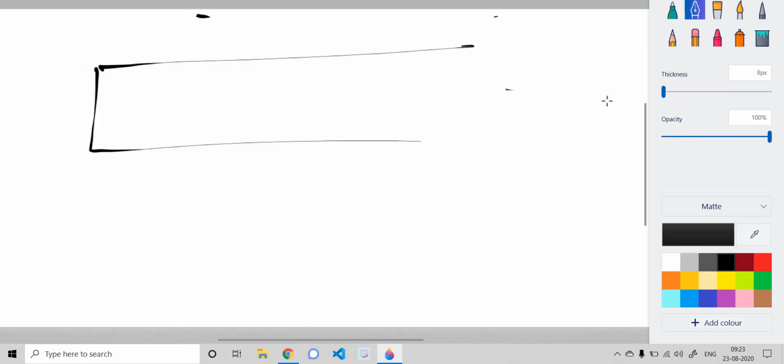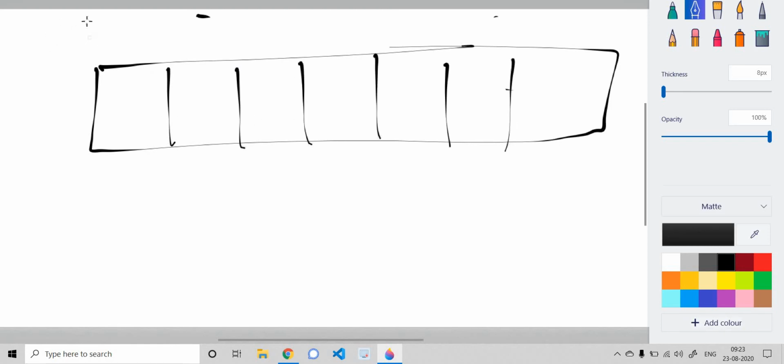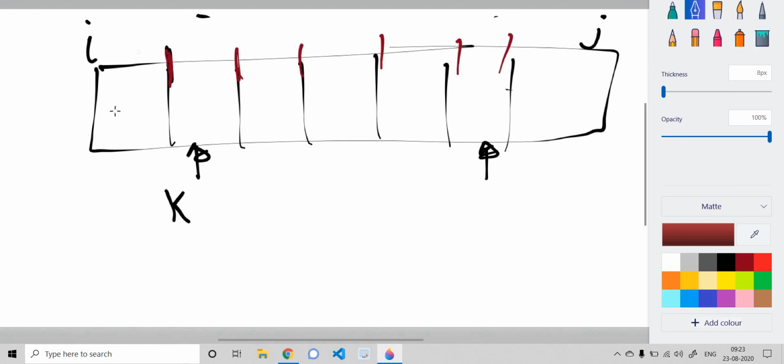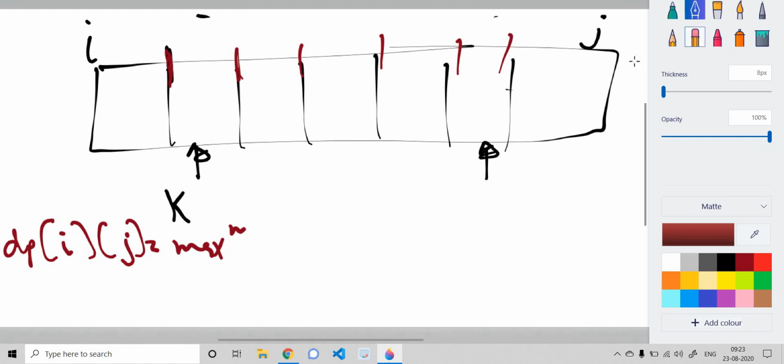Then for all such bigger sets, I have i here and j here, and I will be taking a variable k which will start from this place and end here, which means I can divide the block from here, here, and for all of such cases I would be finding out the maximum score I can obtain, and after that I would be assigning it to dp[i][j], the maximum I can obtain out of all such combinations.